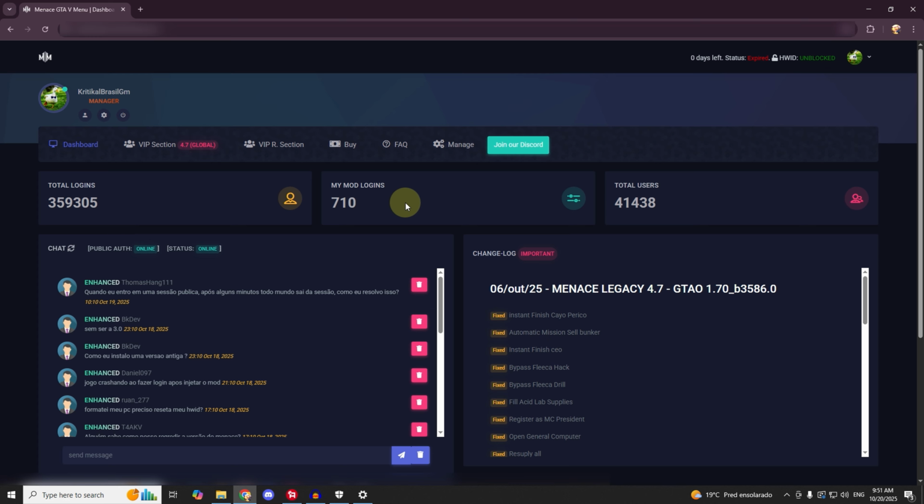Okay, the part of actually downloading is really easy. You're just gonna come to here, the VIPR section option, and remembering that to download the files, you need to be on the part of dashboard. You won't be able to download in any other part of the website. It needs to be on the dashboard. So you will come to this VIPR section option and we'll just click on the second option, that is download